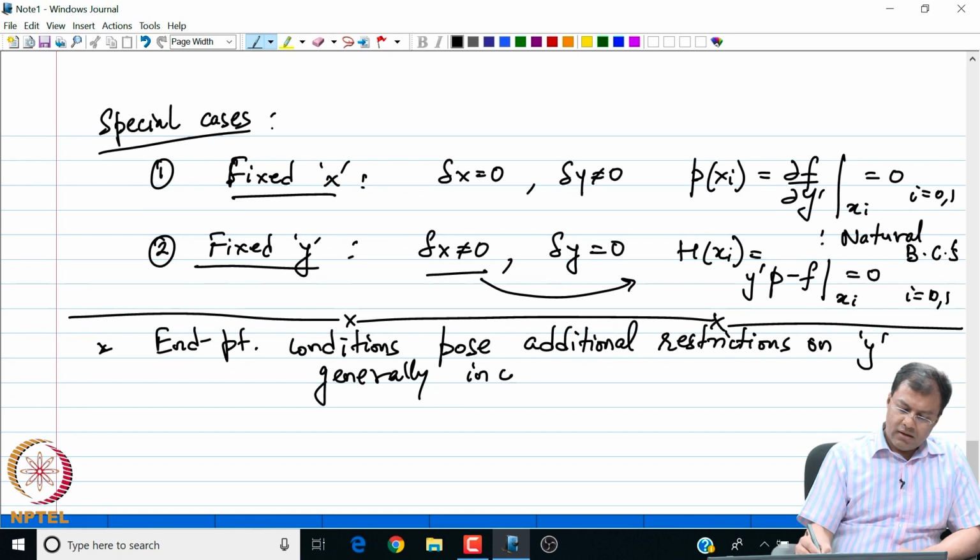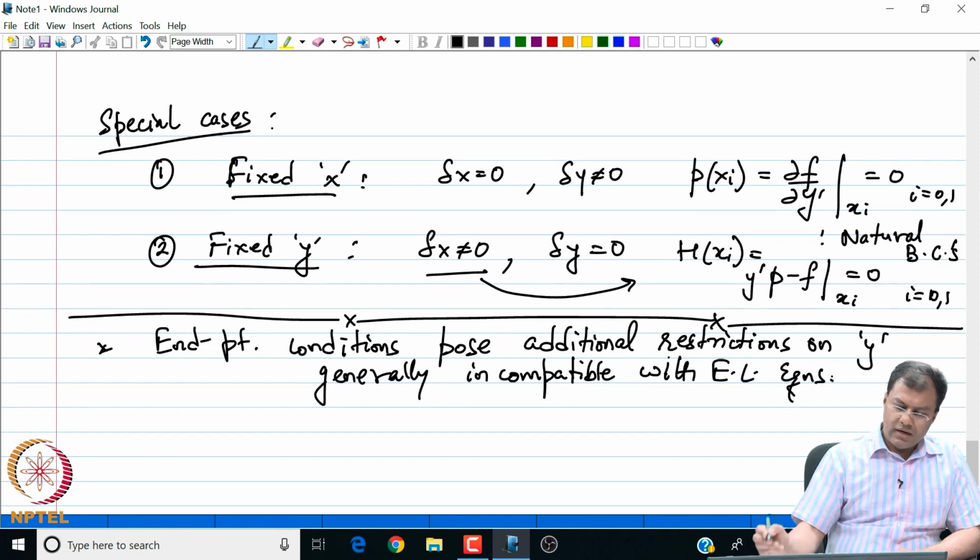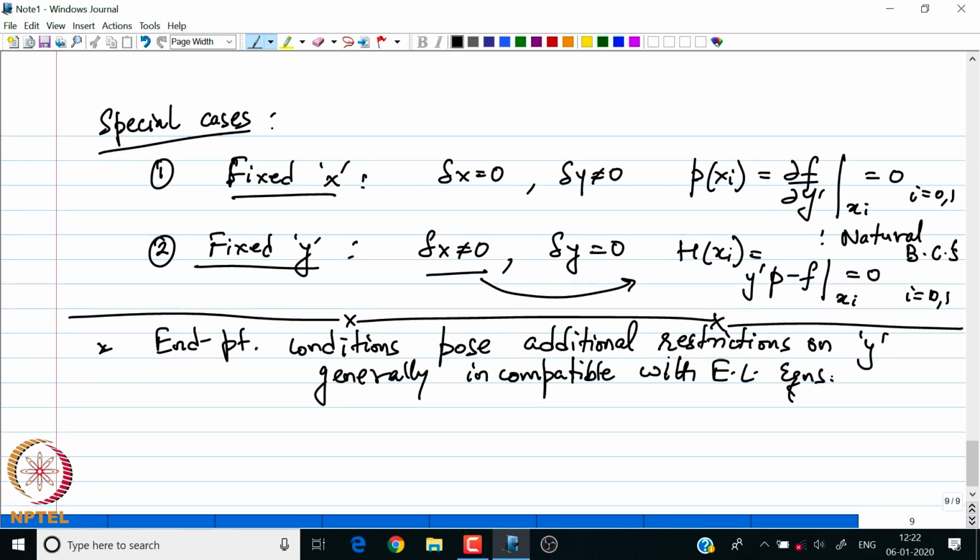generally incompatible with my Euler-Lagrange equations, right. So they generally pose additional restrictions on y, generally incompatible with Euler-Lagrange equations. So let me look at an example, right. So suppose